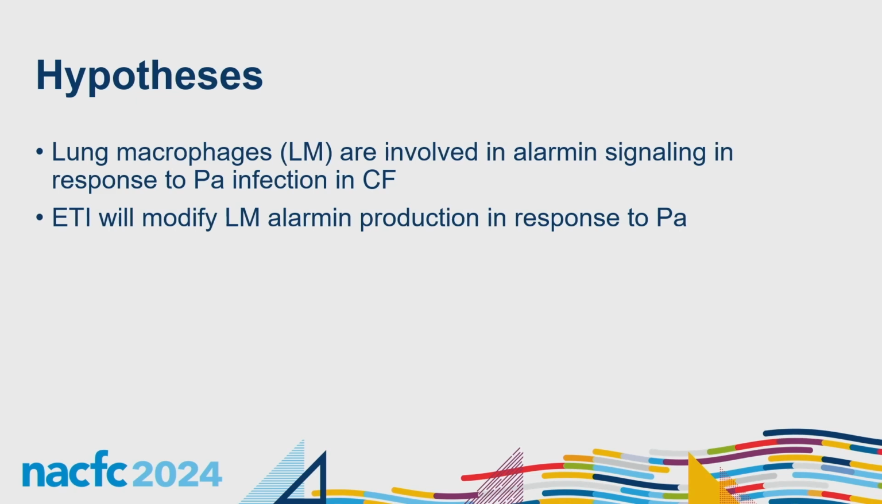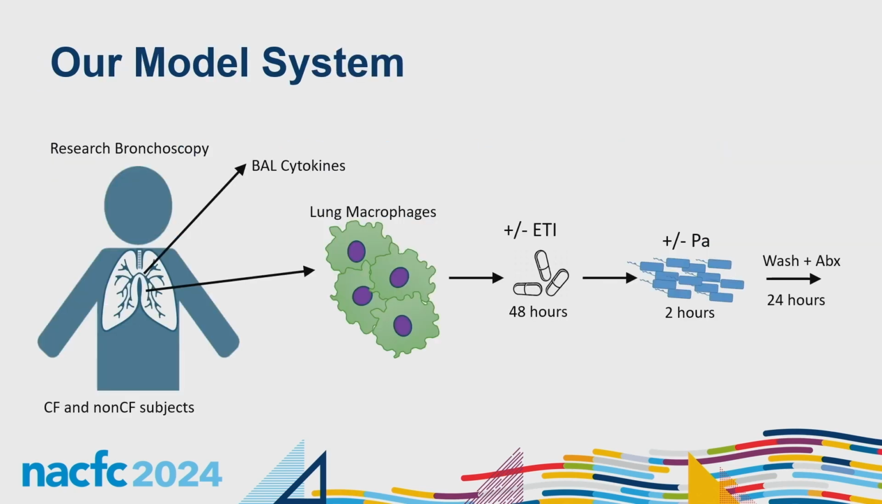And so we also hypothesized that ETI will modify the lung macrophage alarmin production in response to PA. So to address these hypotheses, we used our model system whereby we perform research bronchoscopy on both CF and non-CF subjects. The CF subjects that are recruited for these studies have stable, mild to moderate disease with an FEV1 greater